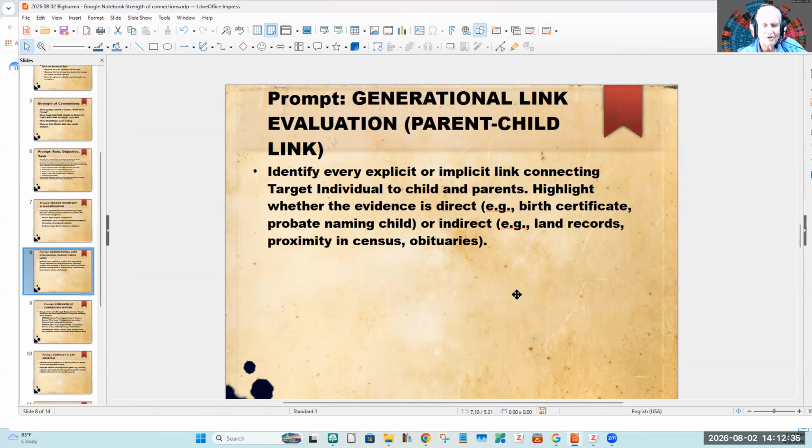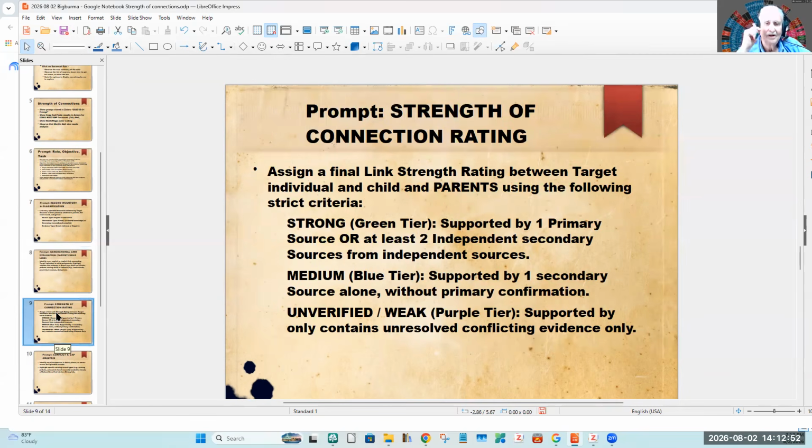Then generational link evaluation. Identify every explicit and implicit link connecting the targeted individual to child and parent. Highlight whether the evidence is direct or indirect. Okay, so I've defined direct and indirect. Strength of the connection rating. Assign a final link strength rating between the targeted individual and parents using the following strength criteria.